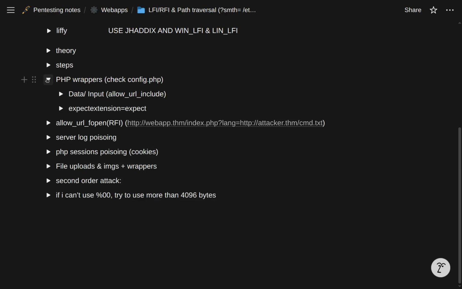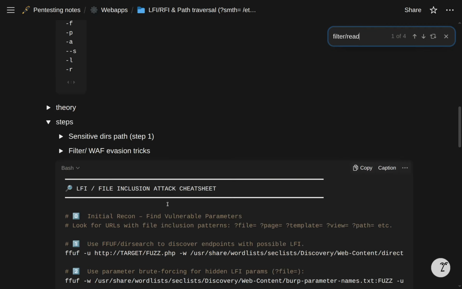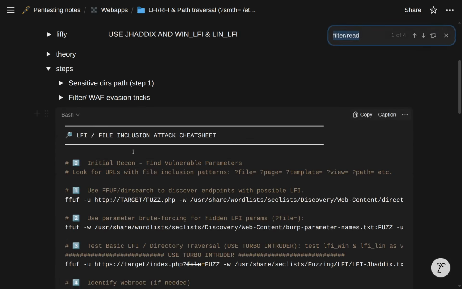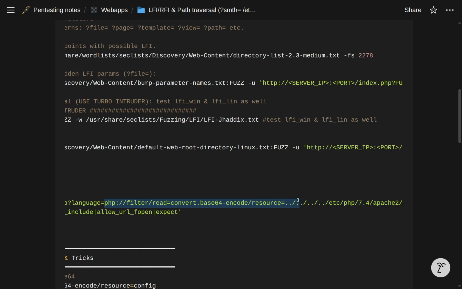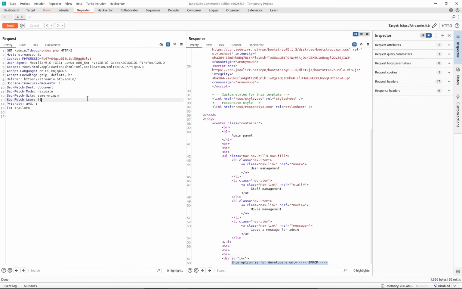No, not what we are willing to use. I believe we are searching for filter read, so it's within here. Checking configs for wrappers, so we need to use php filter read convert base64 resource and the thing that we are interested in. I'm gonna close my notes,